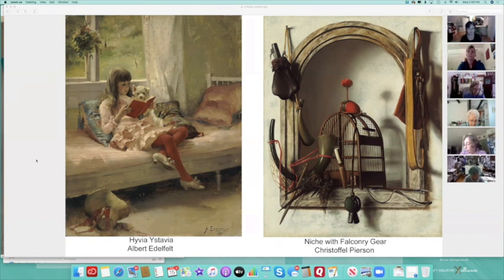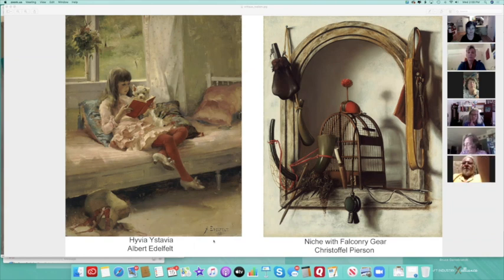So the first one on the left is by Albert Edelfelt. He's a Russian artist, and the original way it was spelled was impossible to read. It's a finished painting. I believe it's oils. I also didn't write down the size, but we're just going to assume it's a finished painting. It's meant to hang on the wall. It's representational. It's a little bit impressionistic without photorealistic